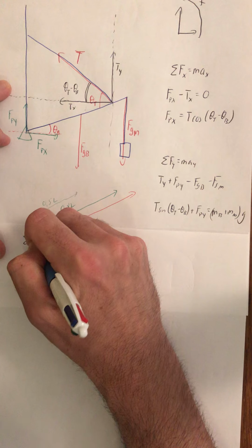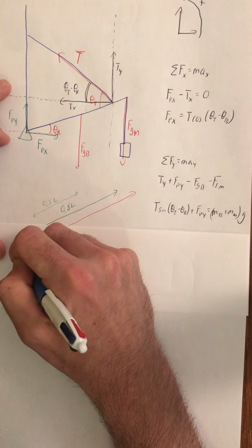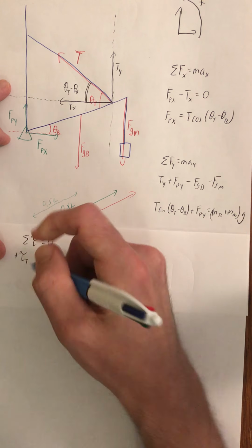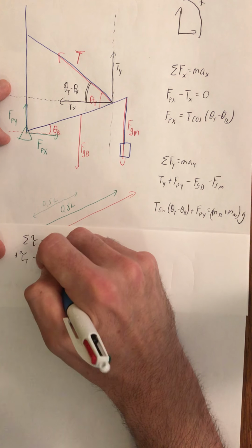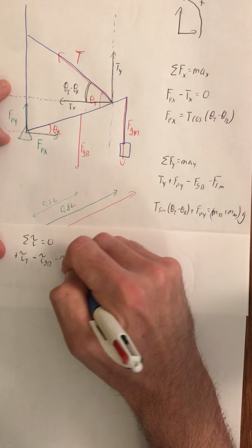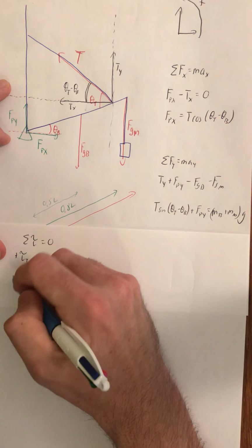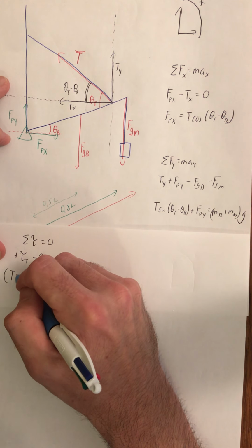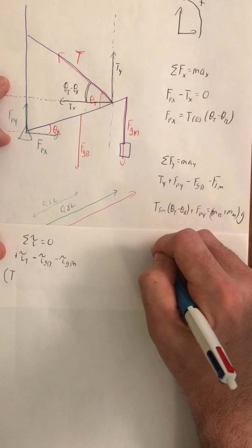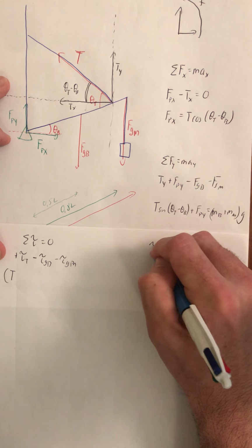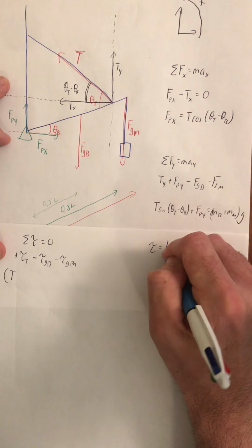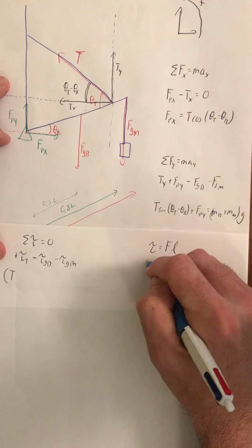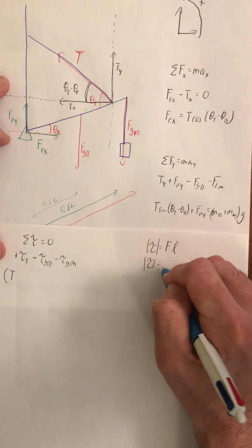So yes, you could have done sum of torques equal to 0 and just done plus the torque done by the tension minus the torque due to FGB minus the torque due to FGM, and just said, well, if it's the entire tension force, what I would really want to do here is use our other version of the torque equation. Remember, torque is equal to force times lever arm, or the magnitude of torque is equal to